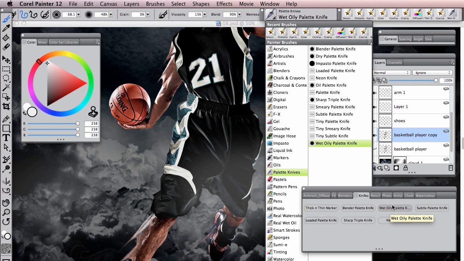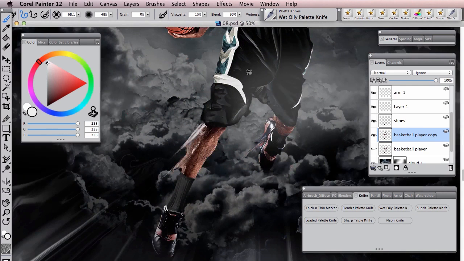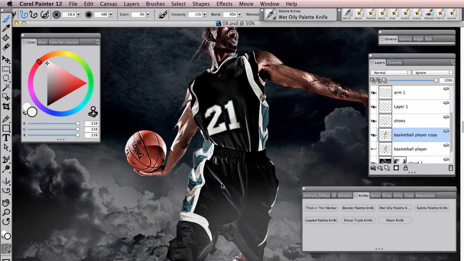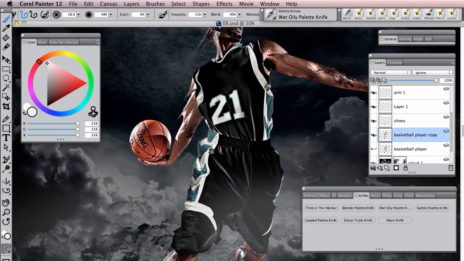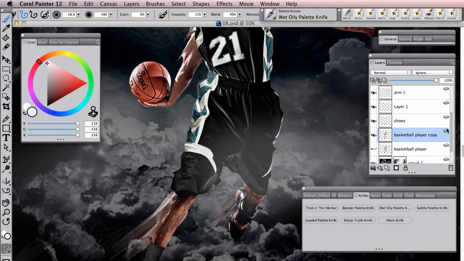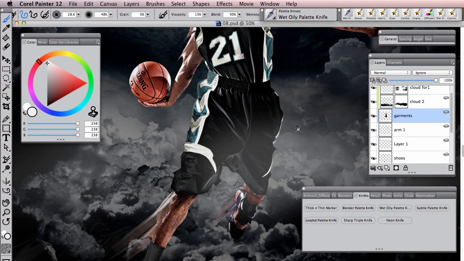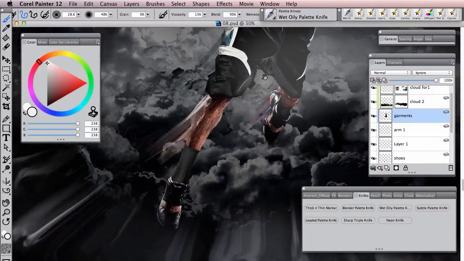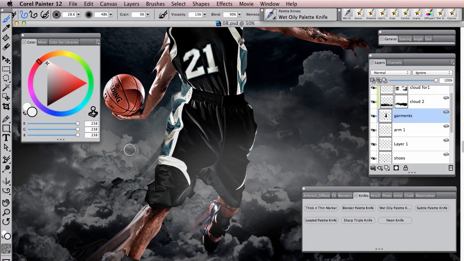So let's choose the wet oily palette tool, and let's make the brush slightly smaller, and let's see what kind of effect we get. Now this is more of a blurred effect, so again it creates a great sense of motion and movement. Let's go back up, and in fact let's scroll up on our layers and let's choose the garment layer, and let's add some movement and motion to the shorts there,